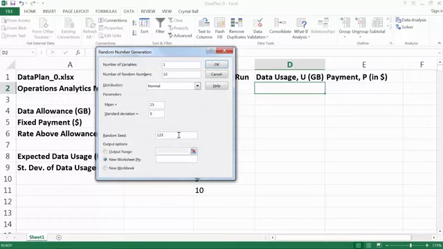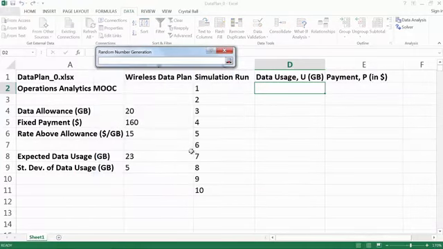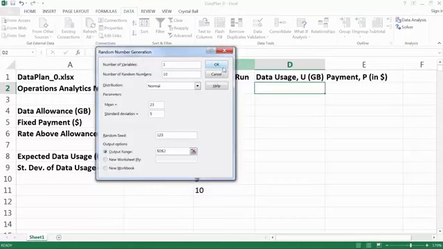Okay, one last thing. In the output options, let's select output range starting in the cell D2. This way, Excel will put the first random monthly usage number it generates into the cell D2, the second random monthly usage number into the cell D3, and so on. Now, when you click OK,